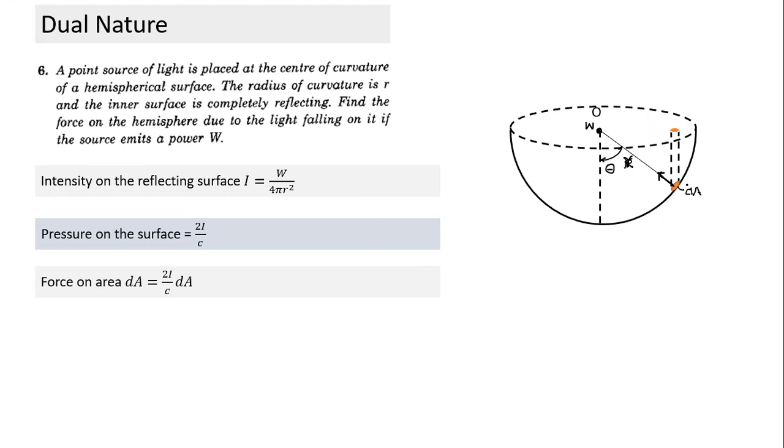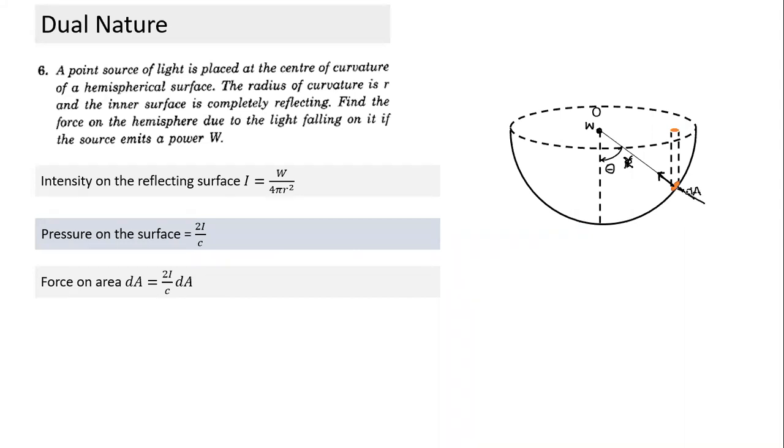So what is the force on the area? Once we have the pressure, we can easily calculate the force, and force is equal to pressure into area. The force on the element dA is equal to 2I by C into dA. And in which direction will the force act? The force due to radiation